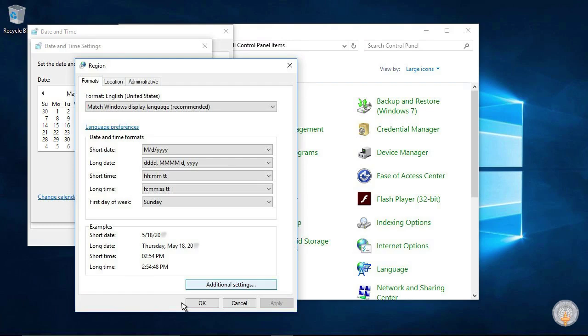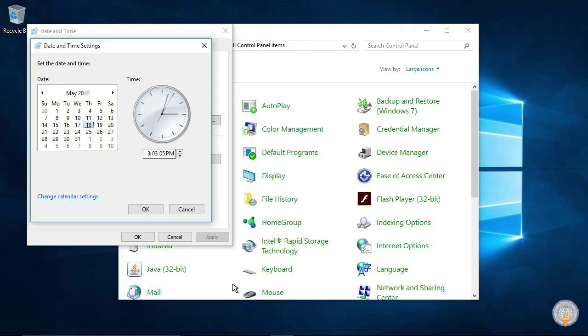You may change the settings in the displayed window if you wish. For now, just click OK. To make other changes to the time and date in the Date and Time settings window, select the appropriate date from the calendar. To set the time, enter the desired time in the box under Time. To change only the hour value, double-click the hour value and then click the arrows to increase or decrease the value. Similarly, you may change the values of minutes and seconds and the AM/PM indicator.